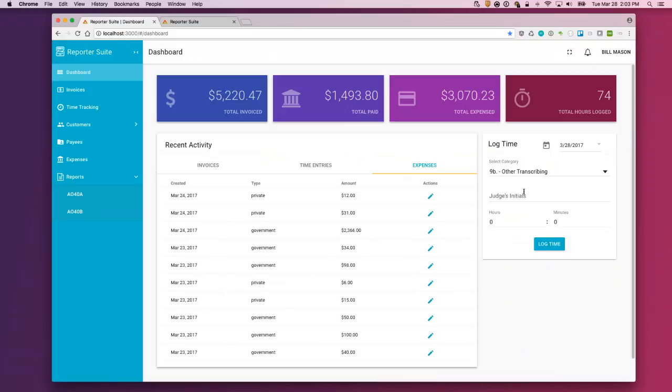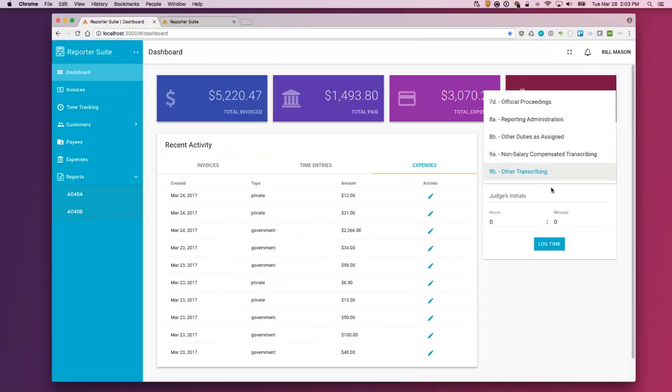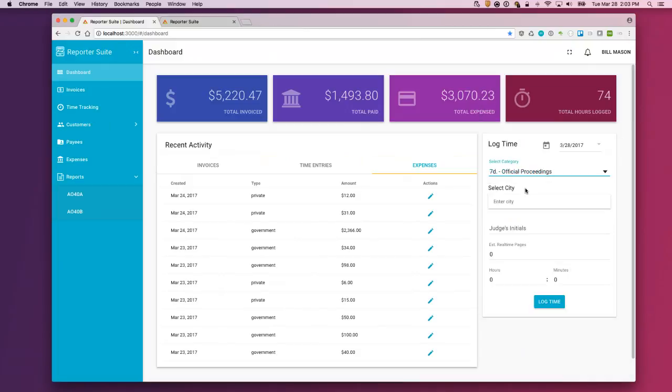So from a time entry standpoint, one of the key things was being able to provide the ability for you to log time very efficiently. And so we wanted to have something on the dashboard. What's nice about this is the timer on the dashboard will only show the applicable fields that are relevant to the category selected. So you don't have to make a decision for each category. So for instance, official proceedings, we've got our city. What's nice about city is